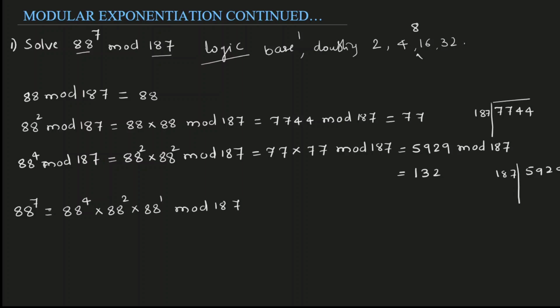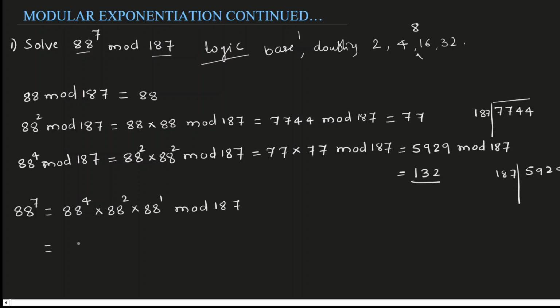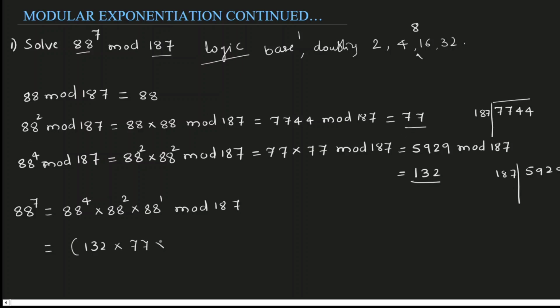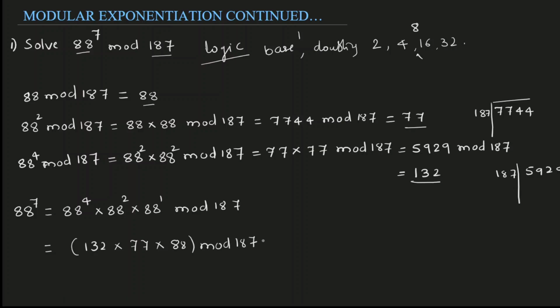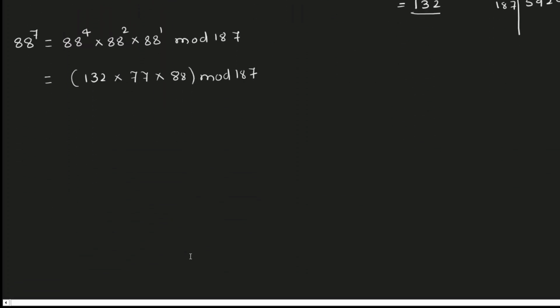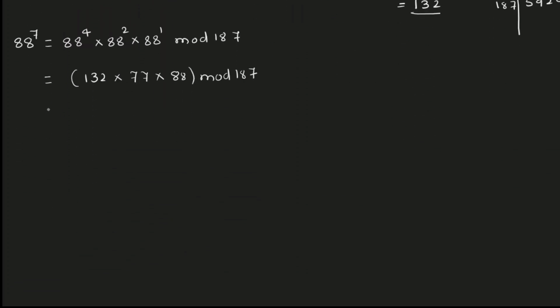I am writing this in place of 88 raised to 7. Yes, but 88 raised to 4 mod 187. What is the remainder? Remainder is 132 into 88 square. 88 square mod 187. What is the remainder? Remainder is 77. Yes. 88 raised to 1, remainder is 88. 88 mod 187. Now multiply all together. When you multiply all the terms 132 into 77 into 88, you are going to get this as